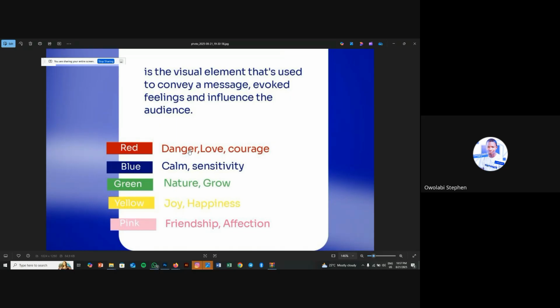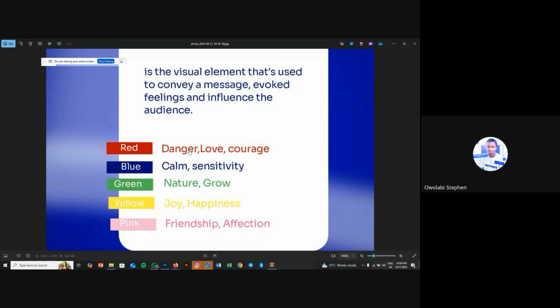Joy, happiness. So if you're using MTN, you'll be happy. The color has a meaning for what you're using it to do. You don't just use any color that you prefer. You use the color because it has a meaning. If you take a look at Premier Cool soap, there is a blue color, calmness,